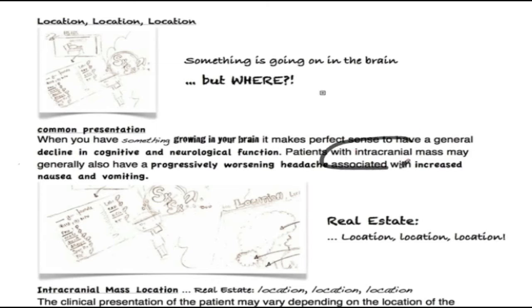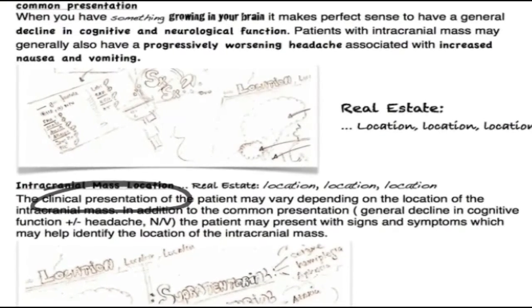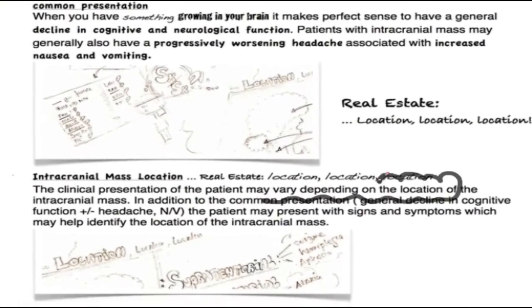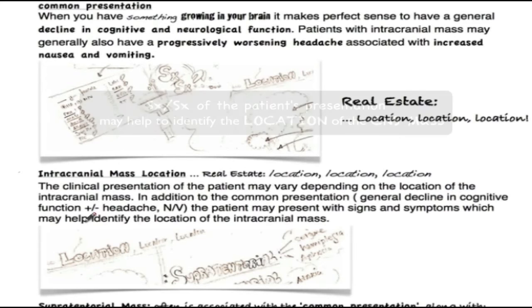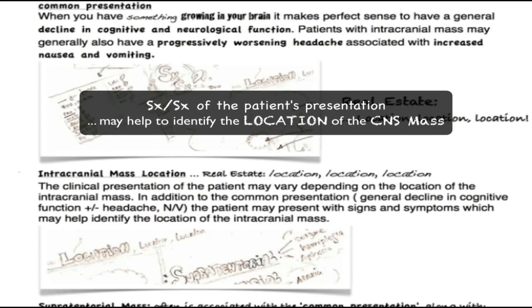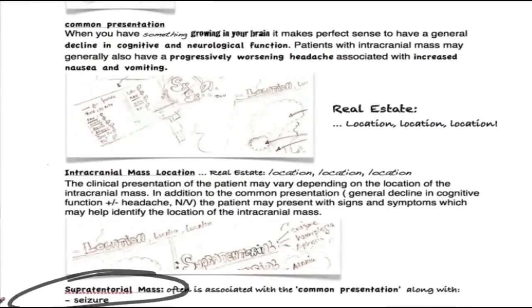Patients with intracranial mass may generally also have a progressively worsening headache associated with increased nausea and vomiting. The clinical presentation of the patient may vary depending on the location of the intracranial mass. In addition to the common presentation, which is the general decline in cognitive function, plus or minus a headache and nausea and vomiting, the patient may present with signs and symptoms which may help identify the location of the intracranial mass. For example, a supratentorial mass